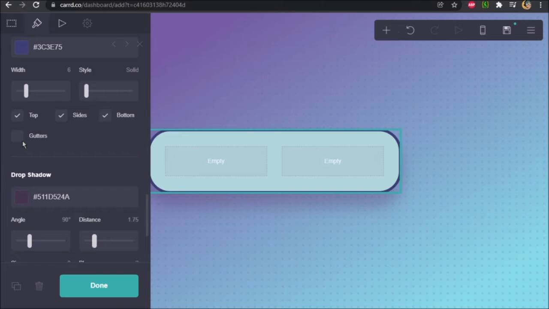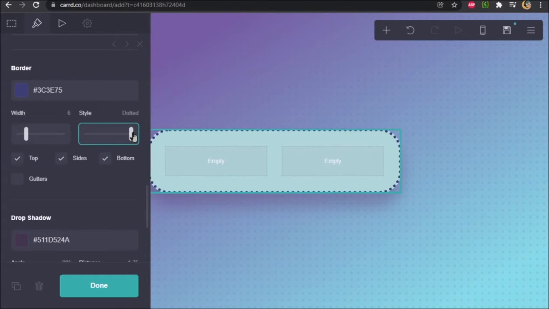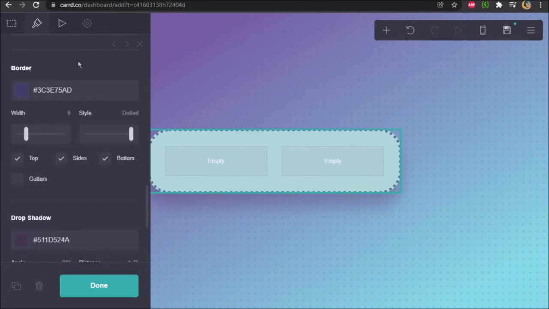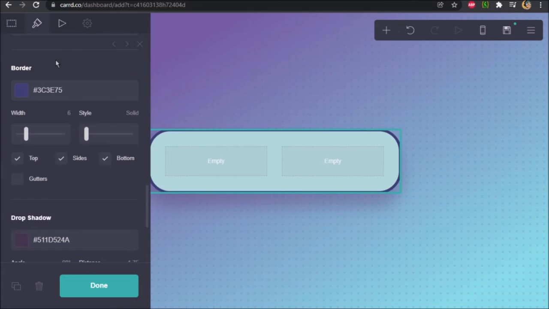You can remove it from the sides, from the top and bottom. Completely up to you. And you could also change the style of it, which can be fun and can look cool. Especially if you do something like that, you can turn that opacity down and make it look cool. I will keep mine, like I said, opaque, and I will keep it solid,